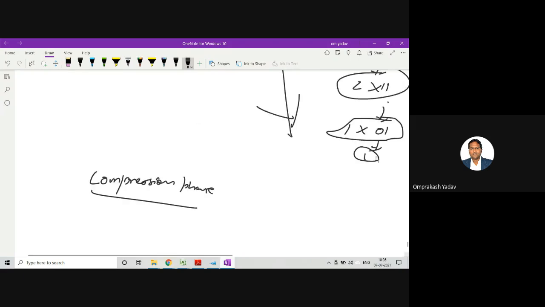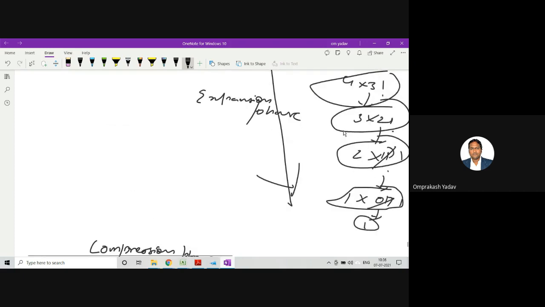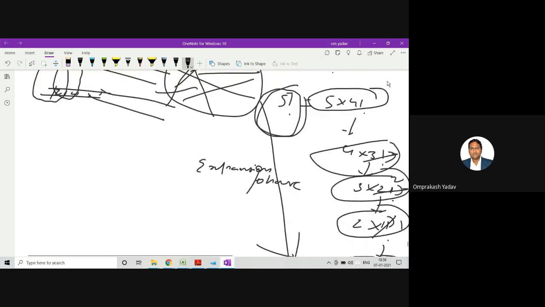So for example, this 0 factorial will give me 1. So now this 1 into 1 will go over here, this 1 factorial. Now 2 into 1, so 2 will go at this particular place, 2 factorial, right? Now 3 into 2, 6, so 6 will go at 3 factorial. Okay, now 4 into 6, 24, so 24 will go at this particular place, 4 factorial. Now 5 into 24 will go over here, and that will become 120, right?